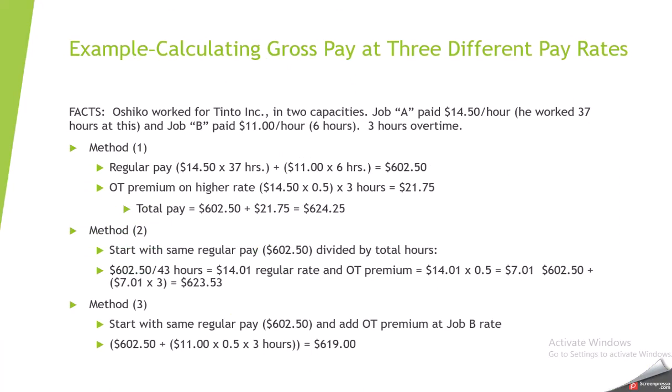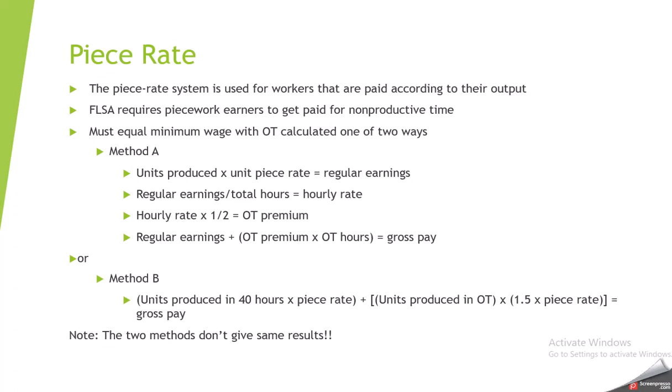Then this gives you like, well, what if they get paid differently? Again, could be a sales job or a manufacturing job where each job that they work on has a different rate of pay. So then that gives you some examples of how to compute that. I feel like it's not that common, but in the manufacturing environment, maybe it could be. So you can look over those different methods to see how that's done. Also in manufacturing, like I worked at the plastic injection molder, and we had an assembly line, and we paid our regular assembly line workers an hourly rate, but we had some independent contractors who we just paid a piece rate, because they could do it at their own time. They could do it when they wanted to. Sometimes they could even take the pieces home and do them.